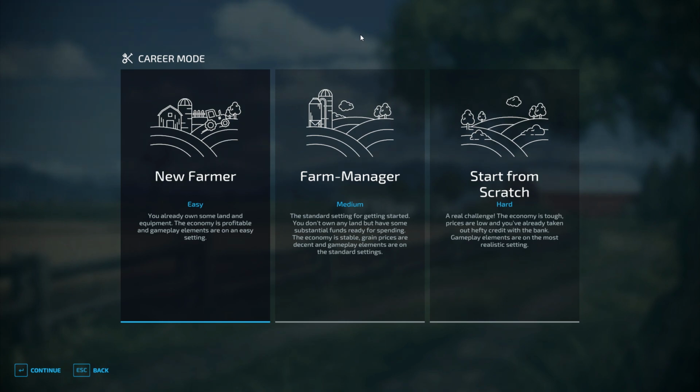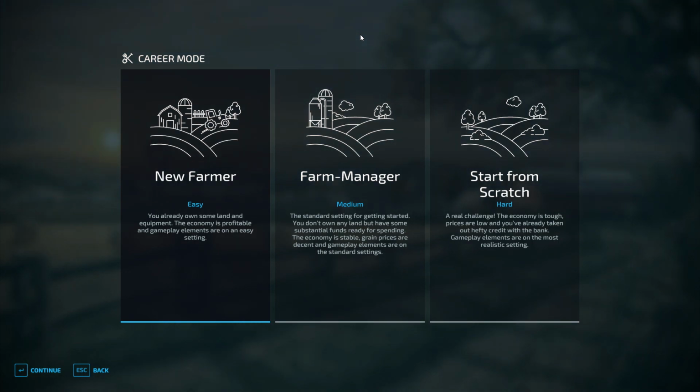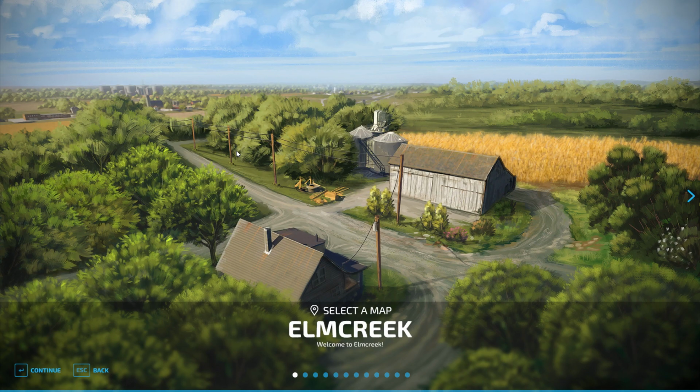The gameplay settings, as it says there, are the most realistic settings, so your sell prices for all your grains and everything you make in the game, if you choose to do productions, will be very low, and it's very hard to get going. So for easiness, we are going to start a new farmer mode,